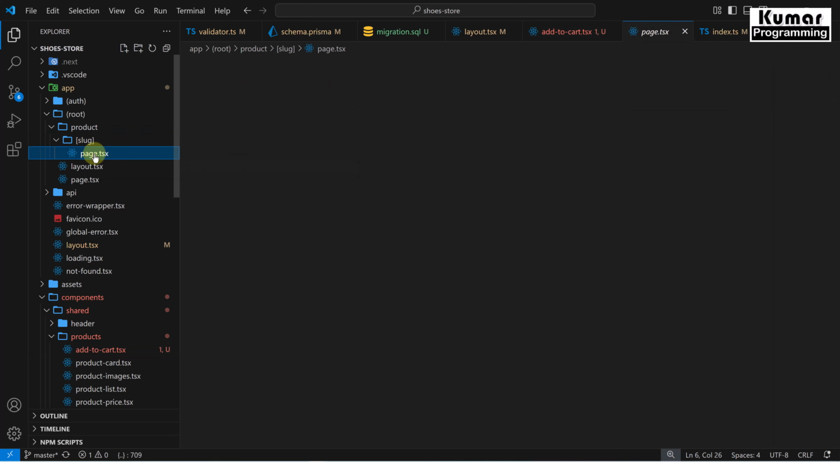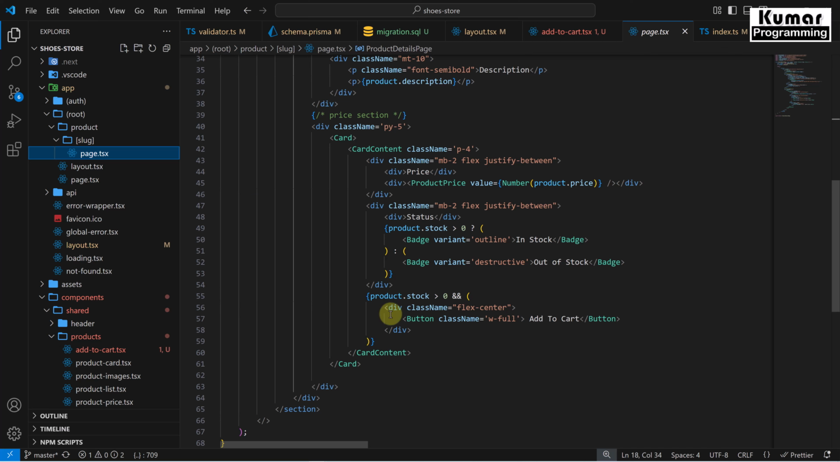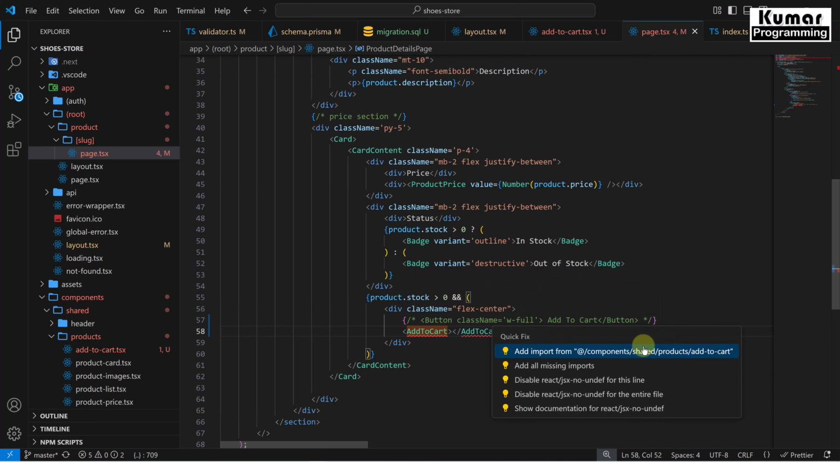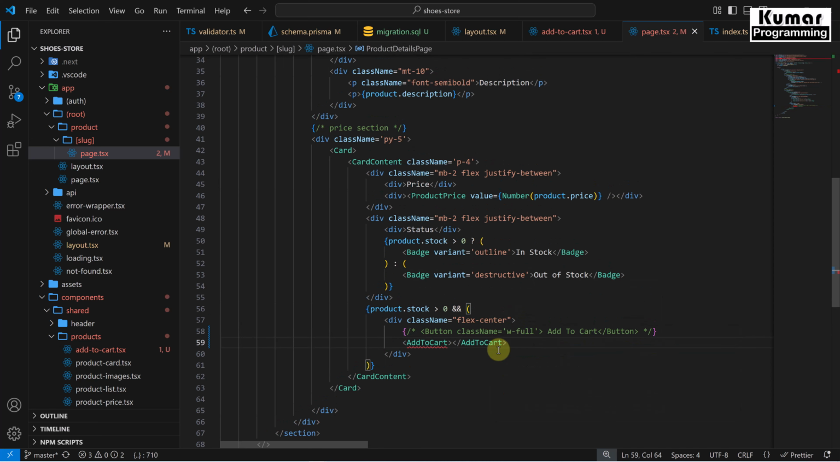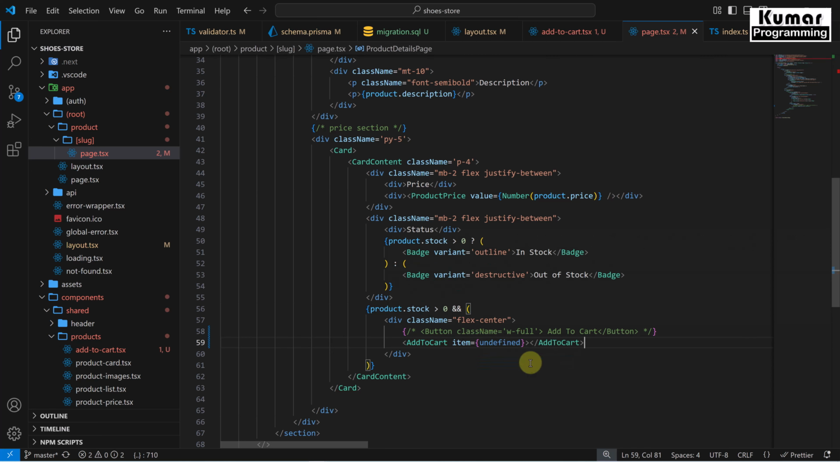So here we are going to replace our component with this add to cart button. Okay. So I'll comment it for now, and here simply we are going to add the add to cart component. So it's imported from product add to cart, right? And in this component we need to pass our attribute which is item. So here we are going to pass our item attribute, and in the item first of all we are going